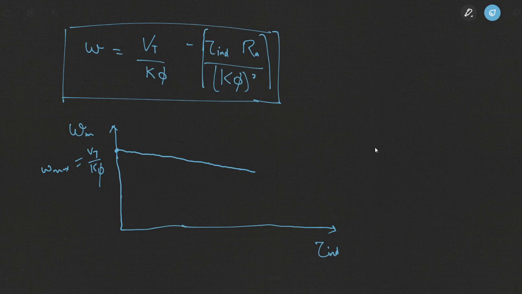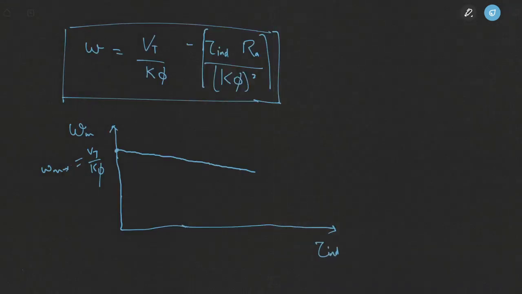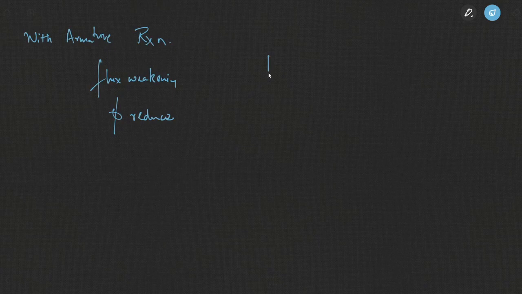So with armature reaction, what will happen? With armature reaction, we have understood there is flux weakening. Flux weakening means phi will reduce. If phi reduces, we have to plot now omega versus torque induced. That means once you plot this and knowing the value of flux,